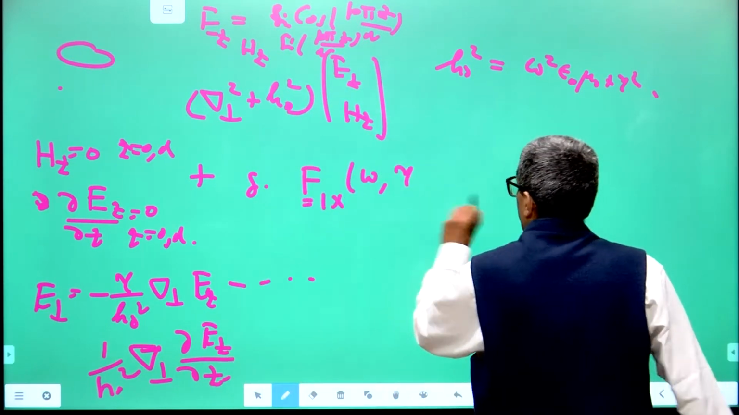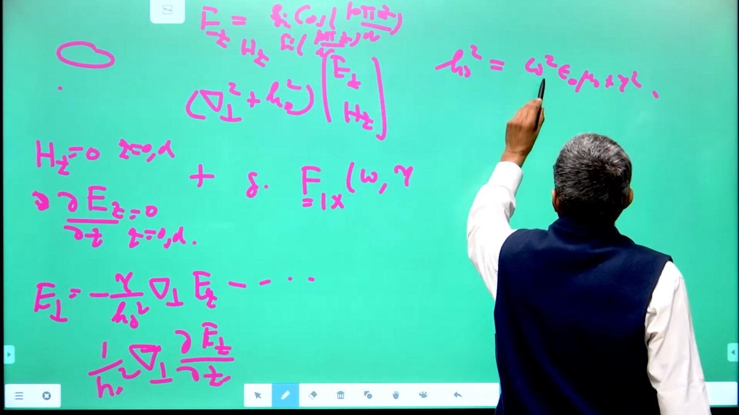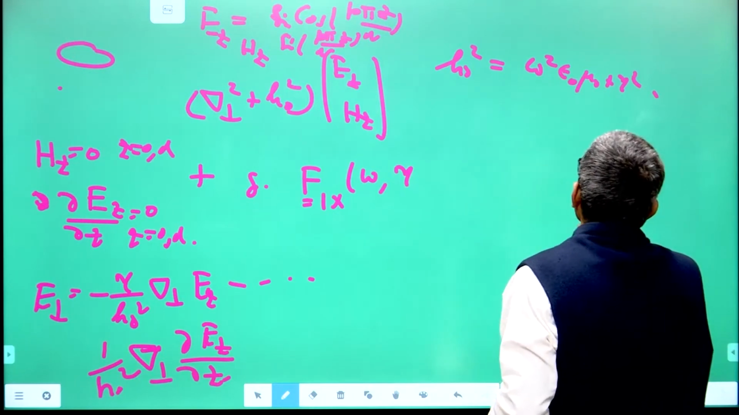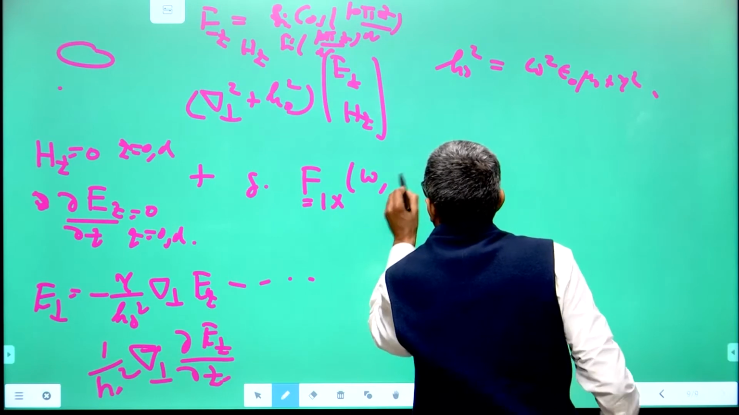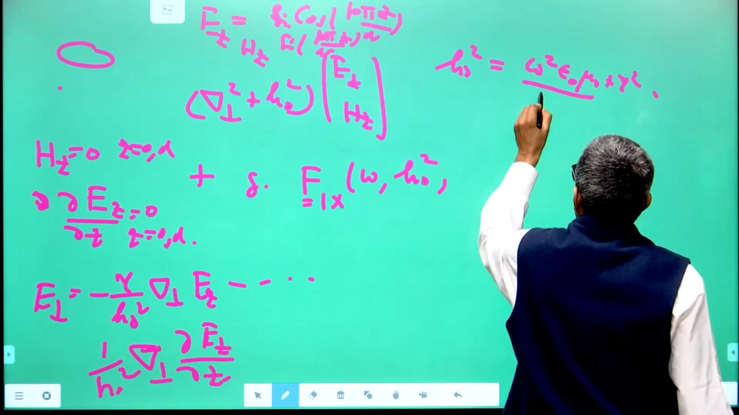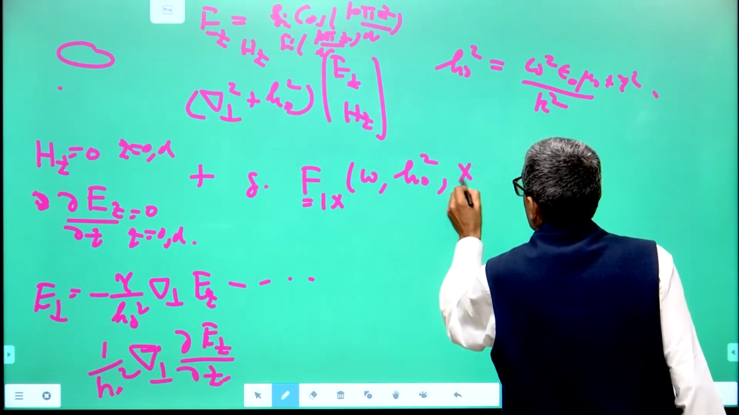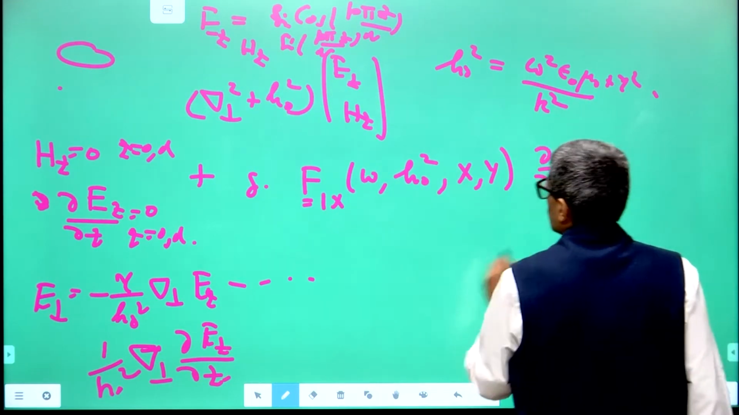So you will get this sort of a thing, and you can express gamma in terms of h naught square and omega square. So it is equivalent to saying that this depends on omega and h naught square, and then this is of course h naught. This is called k, this is also denoted by k square. It is a constant. So this xy multiplied by ∂/∂x, it's a 2 cross 2 matrix,